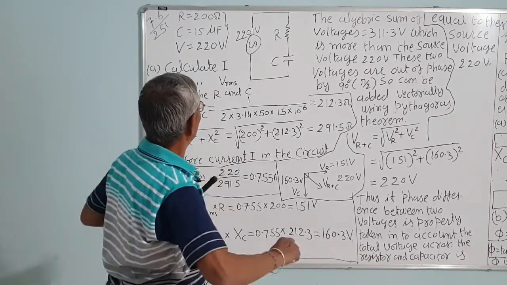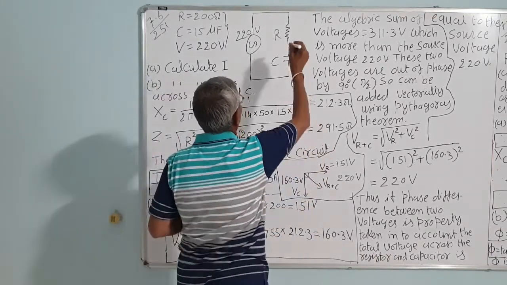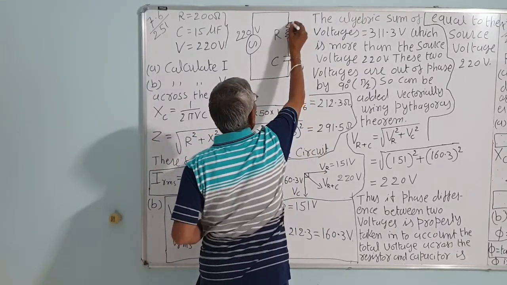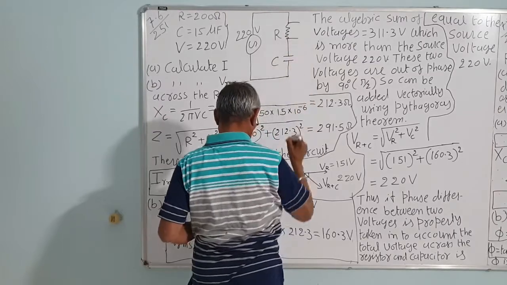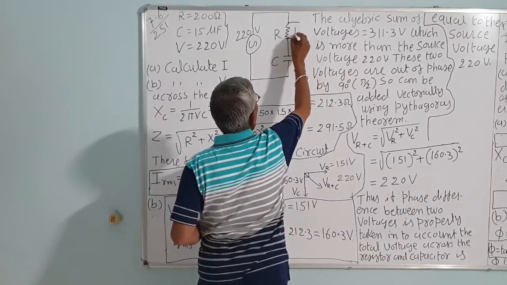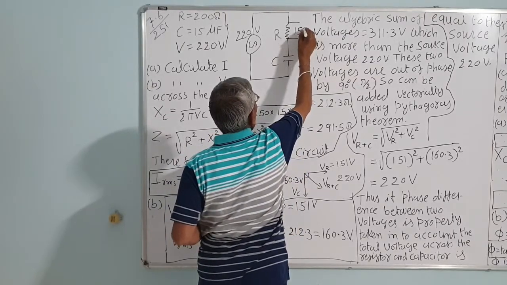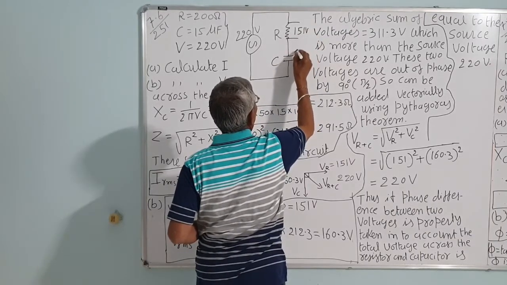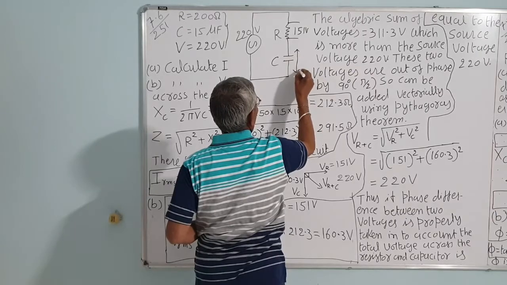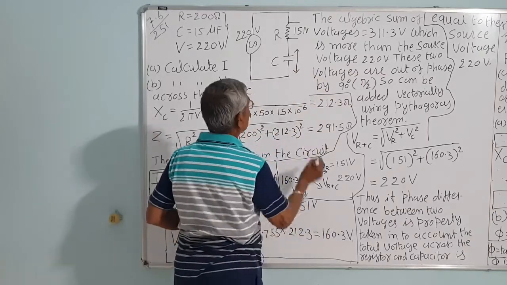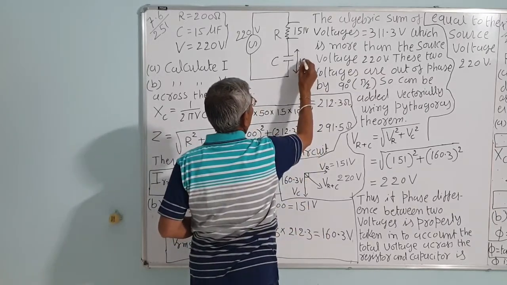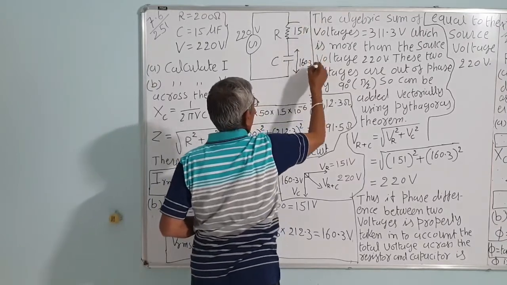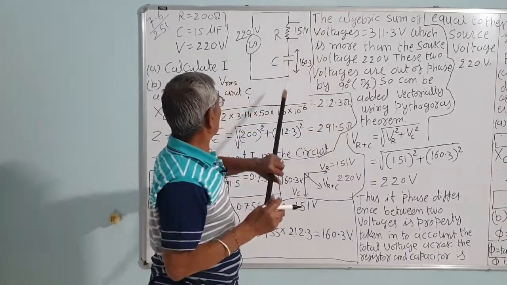We know the phase is not the same. The voltage across this is 151 volt and the voltage across this is 160.3. But these voltages are not in phase,